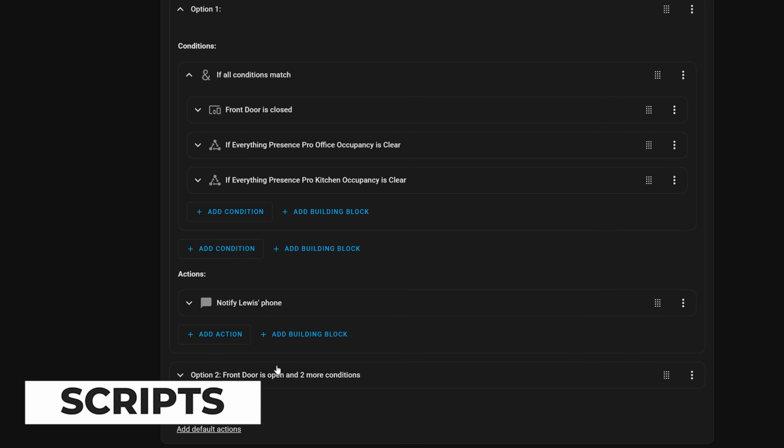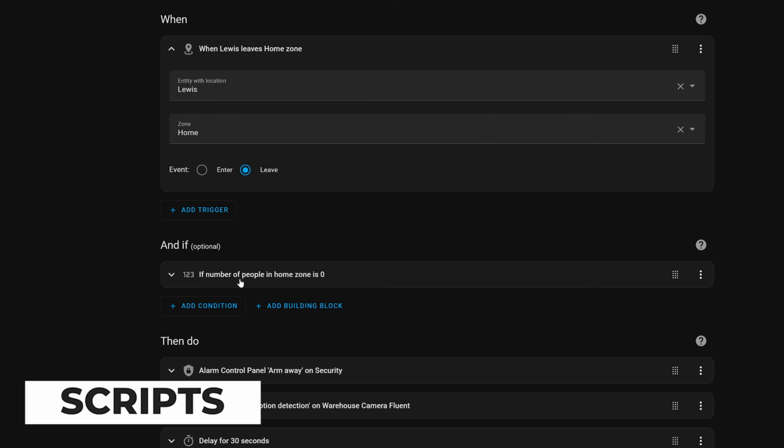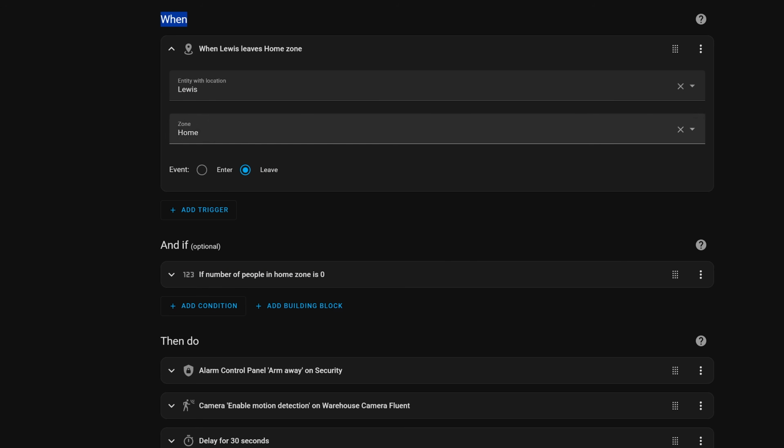Finally, automations, the thing that is perhaps most synonymous with Home Assistant and the most powerful of the three, and they are often confused with scripts because they are similar in some ways. So just like a script, an automation allows you to run a set of instructions or actions and have Home Assistant go through and complete each action, and you can also have multiple steps and complex choices and delays, all the same as scripts. However, unlike scripts, automations also support triggers and conditions, which is the thing that makes them